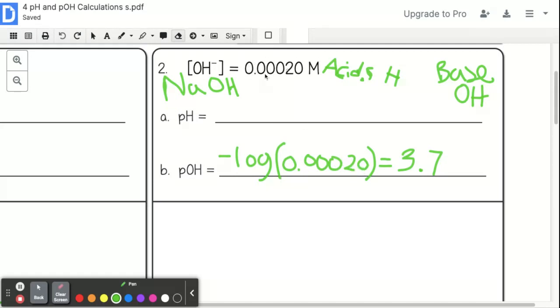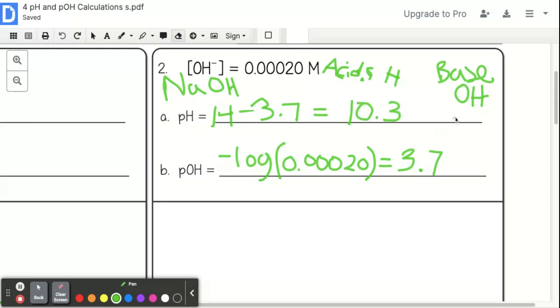Even though the formula is exactly the same as to find pH, the difference is that you're starting with a base. So this molarity is only going to give you the hydroxide, not the hydrogen. If you're given a base concentration, the only thing you can do with that is find the pOH. If after that you still need the pH, you are going to have to subtract this from 14. So you would have 14 minus the 3.7, and that would give you 10.3